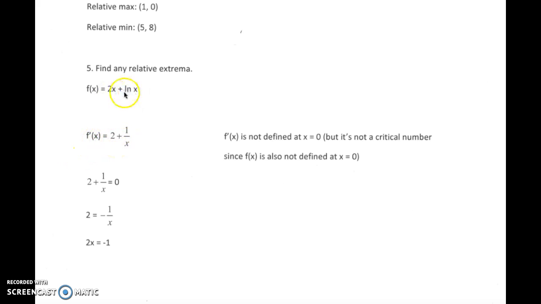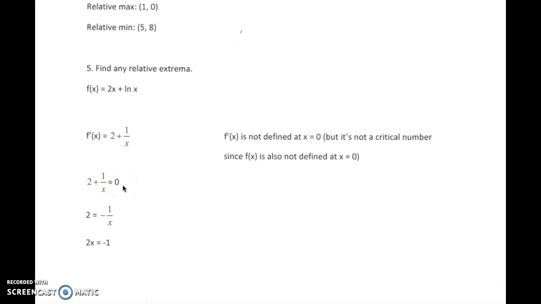Now remember, the derivative of natural log of x is 1 over x. So therefore, our derivative is not defined at x is equal to 0. But remember that our original function is not defined at x equals 0 because of the ln. Okay, so because of the natural log. So when we plug those values in, we end up with 2 plus 1 over x,